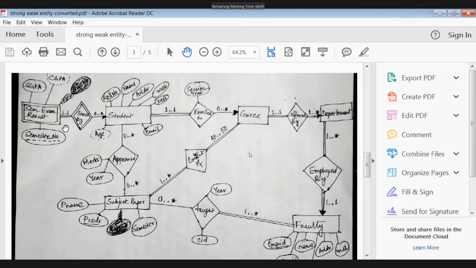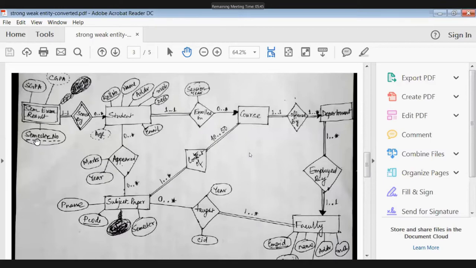A result, whose result? I require some students. Whose result will it be? For an engineering institute or any institute, it is the result of students, isn't it? So it is always dependent on student. The owner entity set will be student. So same exam result is a weak entity set in this particular problem.